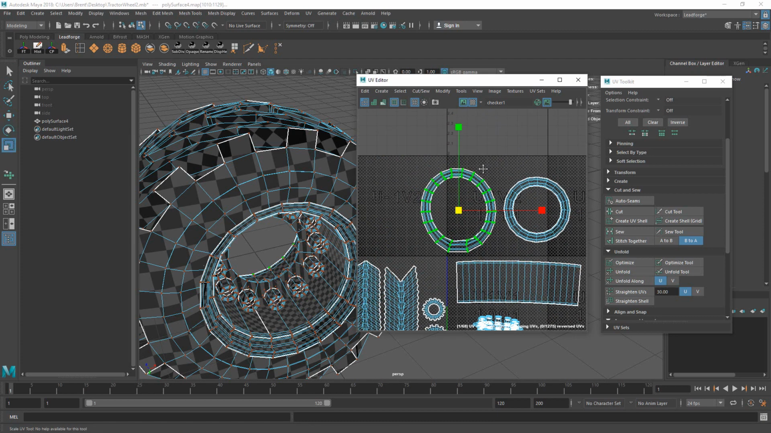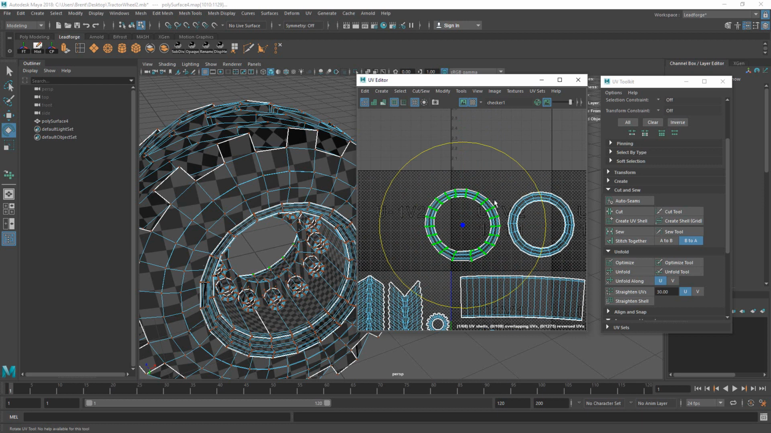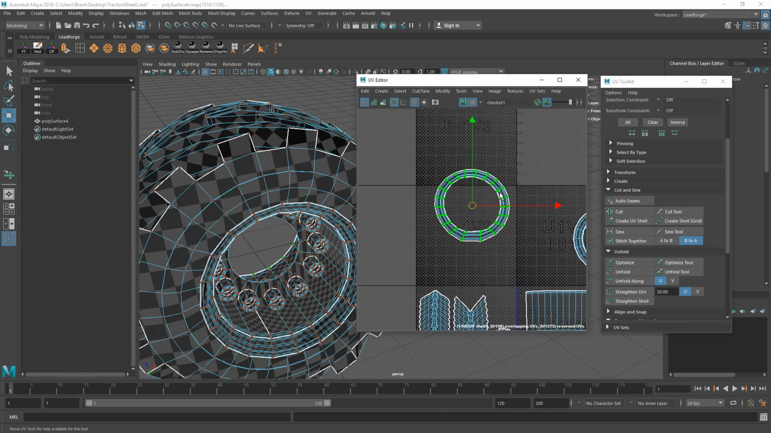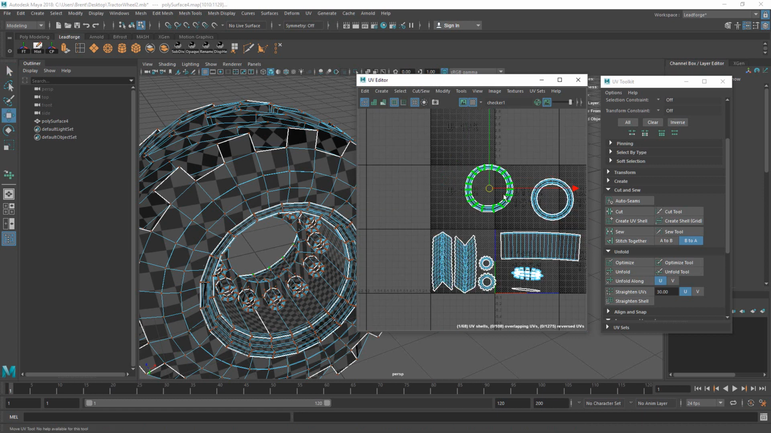That's a little off. What you can do is a little bit of manual work too. I'm just hitting B, and that's the soft selection. And you can just modify the UVs a little bit that way. All right, so now we got your rims done, and then you just got these little,